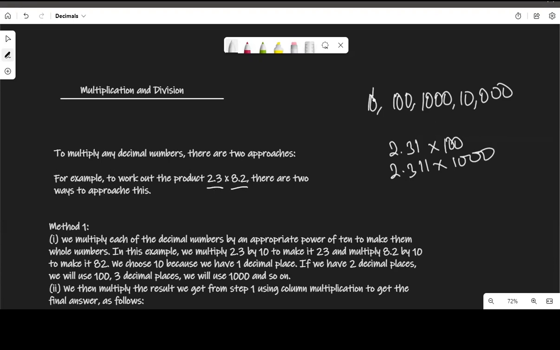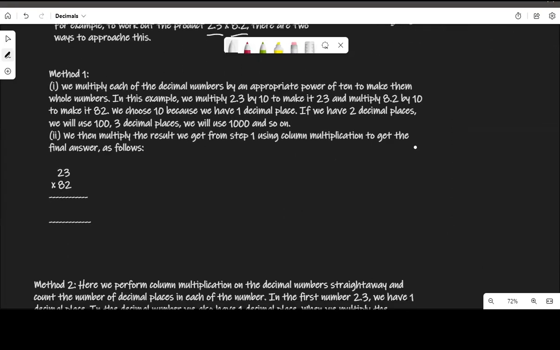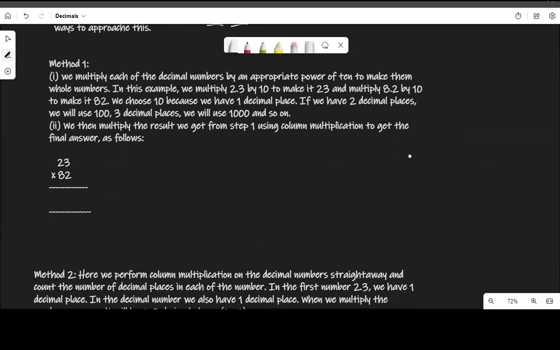One decimal place is multiplied by 10, the power of 10 that has one 0. Two decimal places will multiply by 100, the power of 10 that has two 0s. Three decimal places will multiply by 1000, the power of 10 that has three 0s. If it's 4, then we multiply by this. If it is 5, and so it goes like that. So we first convert each of the decimal numbers to whole numbers by multiplying them by the appropriate power